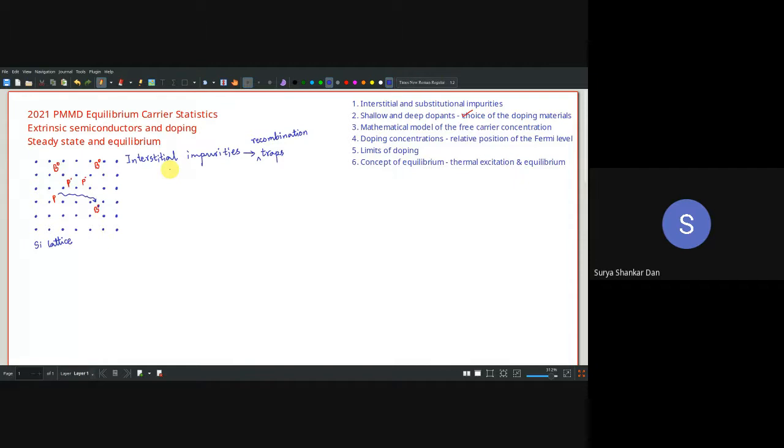So what is the way out of it? There is a particular step in the CMOS process which will ensure that all the interstitial impurities are converted into substitutional impurities. Substitutional impurities means this phosphorus will essentially occupy one lattice site. Annealing. High temperature annealing. Excellent. So these borons will essentially come over here. Very good response. All right.